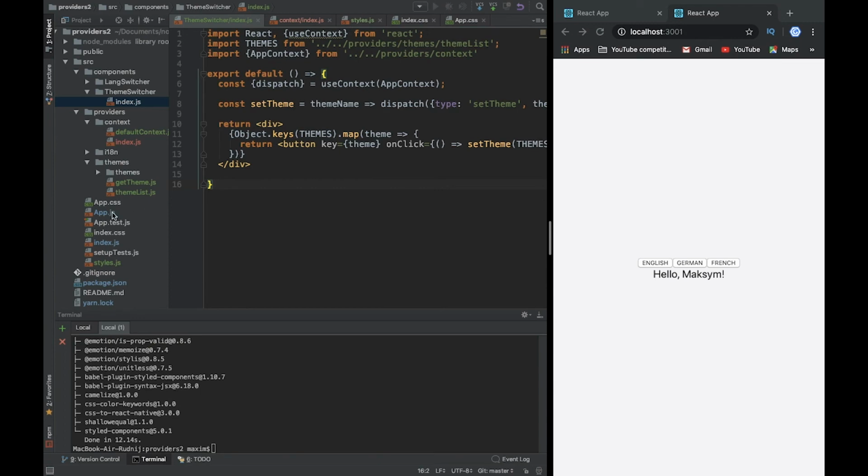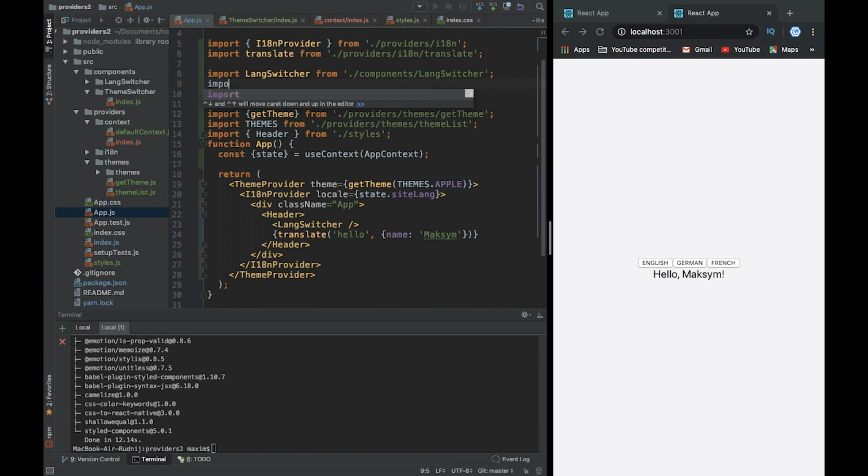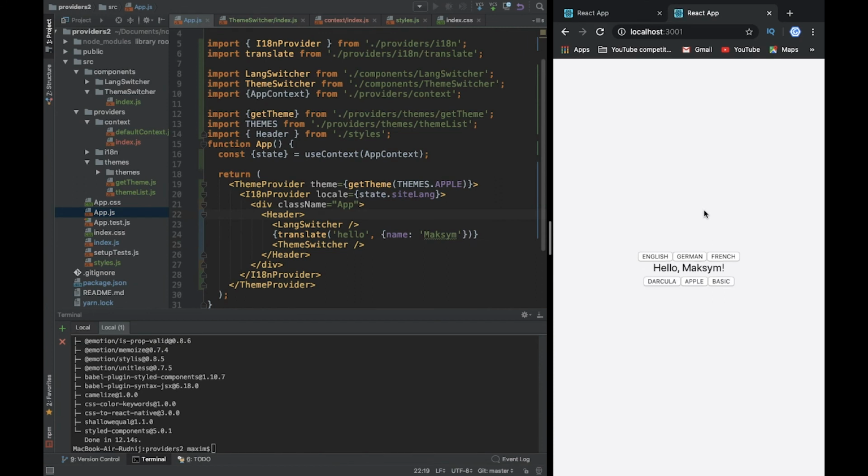Let's add this component to our app.js. So we have long switcher. Let's import theme switcher. Let's add it here. And so it works. Yes, we have this even basic, but it's not what we expected. But anyway,